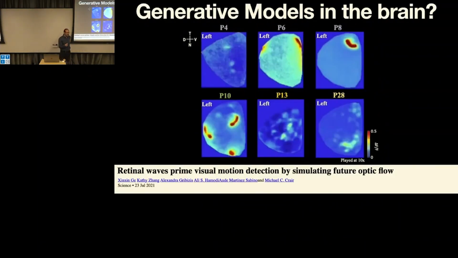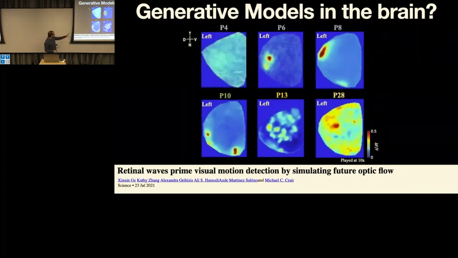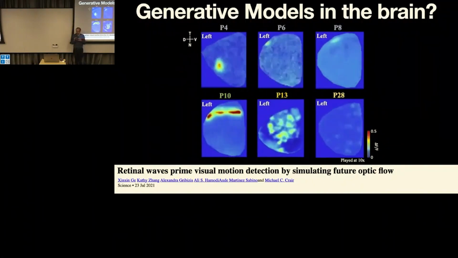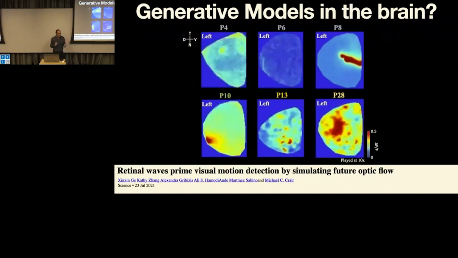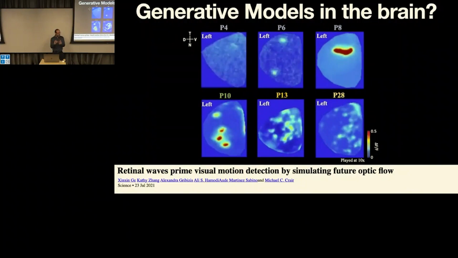And there are generative models that you could say maybe exist in the brain that do something similar. So these are recordings from unborn mice in the retina, and each of these images is one retina. There are these patterns that seem to move around. It's not pure noise, it's not purely random, there seems to be some structure to them, and the hypothesis in this work is that this type of generative model in the retina is actually pre-training the motion detectors that will be used later. So there seems to be something interesting about the fact that maybe you can start activating your learning machinery before you even have access to real images. So that's the game that we want to follow.